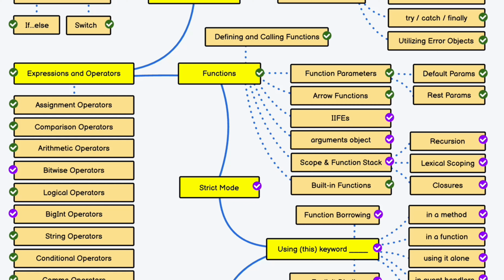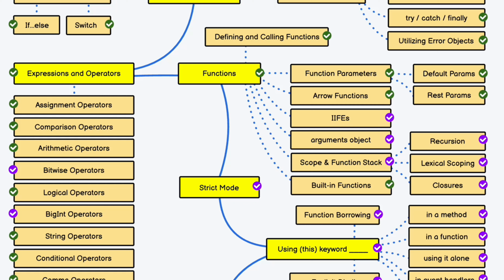Now the second one we have is function parameters. What are the parameters you can pass when you are calling a function? You have to know that. And under function parameters, we have two different categories: default params and rest params. So you have to know what these are. Now the third category in function is arrow function. What is arrow function? Arrow function is really powerful. After ECMA 6, which I will talk about later in the video, arrow function is really powerful. So you have to know about arrow functions.